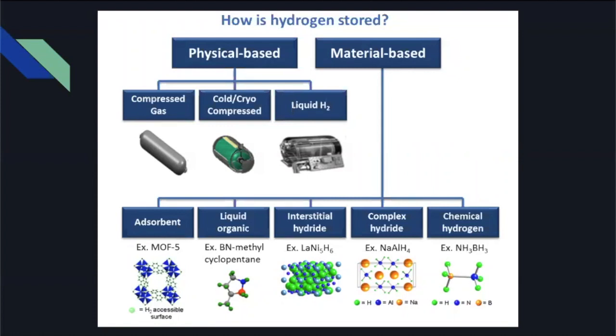So material-based storage, specifically adsorbents and chemical hydrogen, are going to really advance the way that fuel cells fit into vehicles and allow users to travel further distances in these types of vehicles. There's actually a company in Vancouver, again, called Hydrogen in Motion, who's doing this